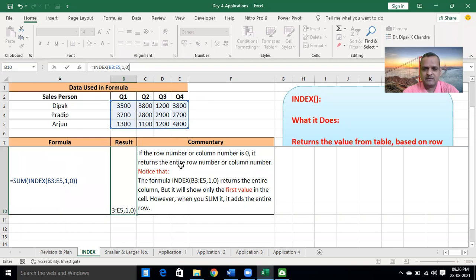So what will be the output here? If B3 to E5, then row number is 1 and column number 0.